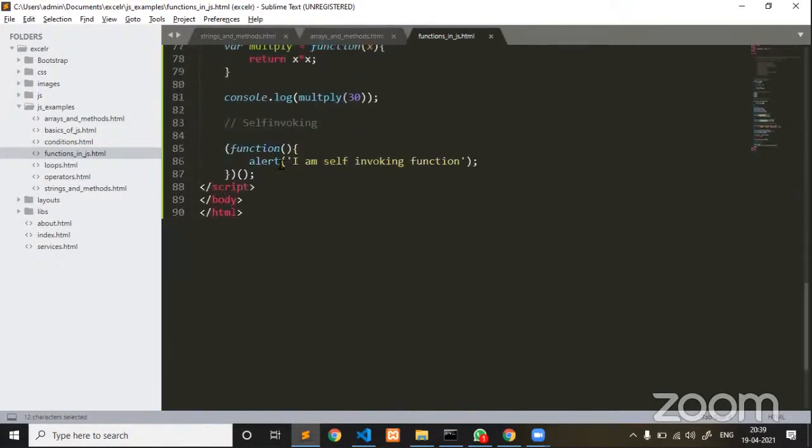But whereas coming to a self-invoking function, you don't need to call it using its name, because there is no name defined for self-invoking functions. We are calling these functions with a different way of writing syntax. This is also called immediate invocation, immediately invoked function expression.